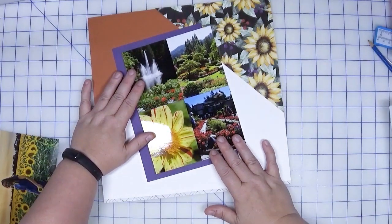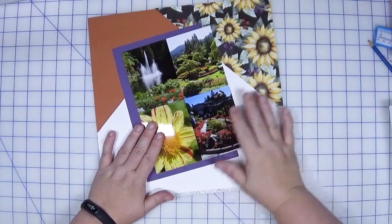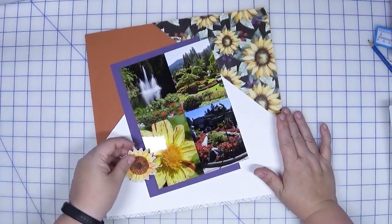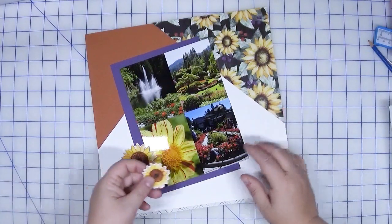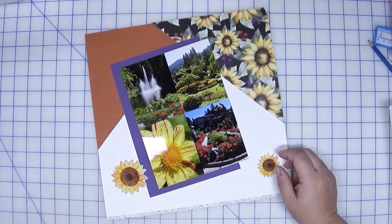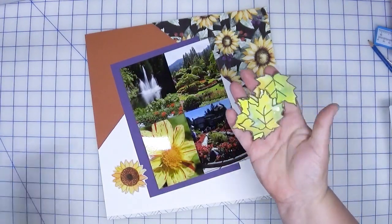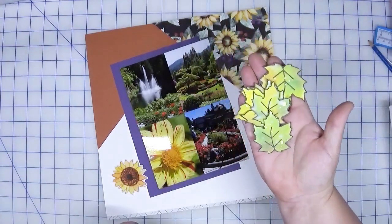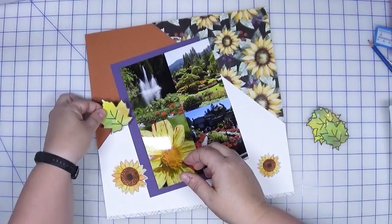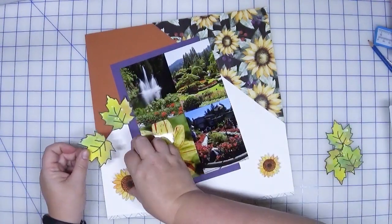4x6 photo horizontals. As far as embellishments, I was wanting to play off the sunflower idea, so I pulled out some of the printables, and I've got a larger one and a smaller one. And I also pulled out some of the leaves that I colored. These ones were done with the oxide inks, and I'm thinking it might be kind of fun to maybe adhere these in such a way